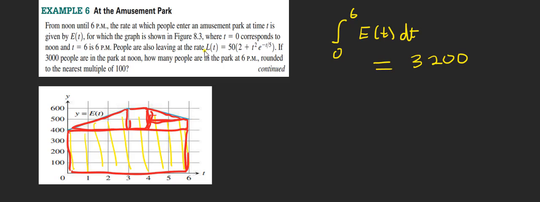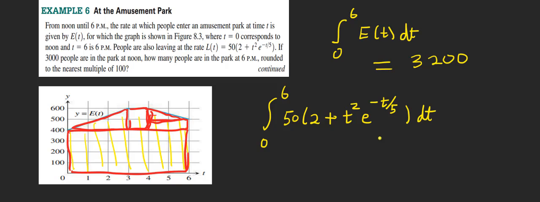Now, people are also leaving at the rate L of t, which is this expression right here. So what is the total number of people that left the park from 0 to 6? Well, that's going to be the integral of 50 times quantity 2 plus t squared, e to the negative t over 5, dt. You want to use your calculator to find this, and you will get approximately